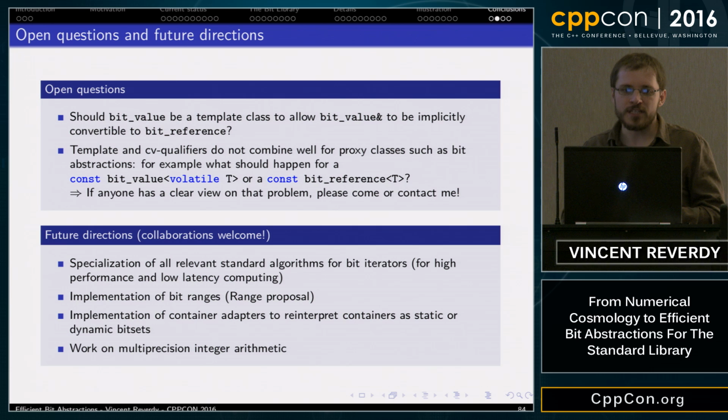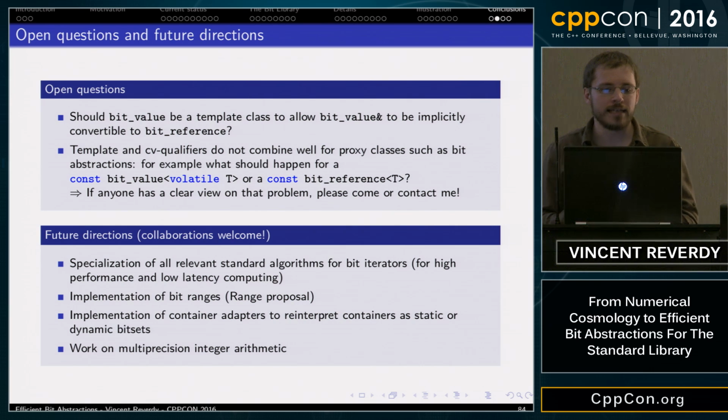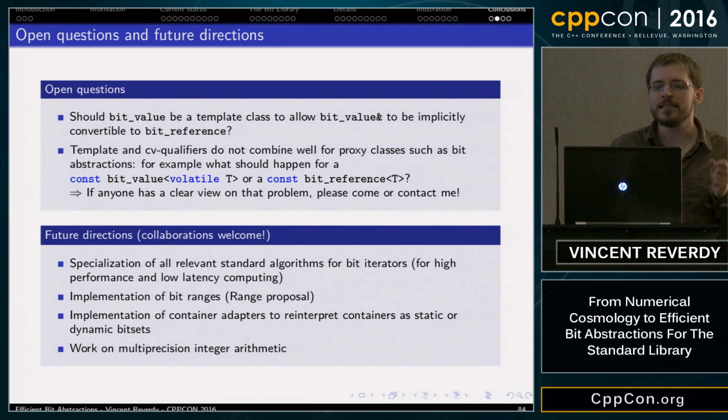Regarding open questions, two of them are particularly tricky, I would say. The first one: someone in the last committee meeting asked whether bit value should be a template class so that we can implicitly convert references to bit value to bit references.